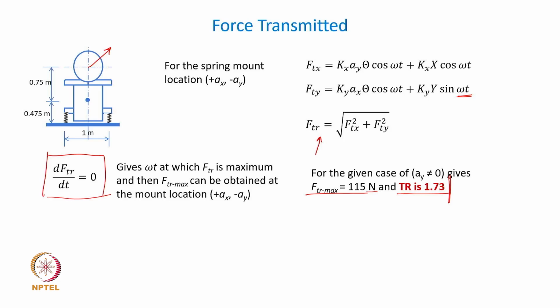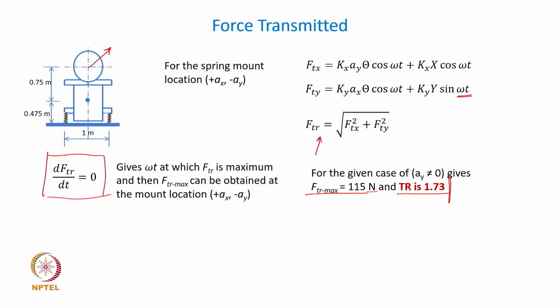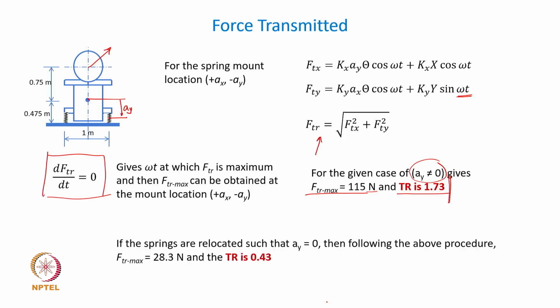Right? It is more than 1, and this is the case where Ay is not equal to 0, which actually means that if this is the CG position, this distance is your Ay, which is non-zero. What is our philosophy? We should try to get this Ay as low as possible, or theoretically maybe 0. If I rework these calculations for Ay equal to 0, physically how you realize it is